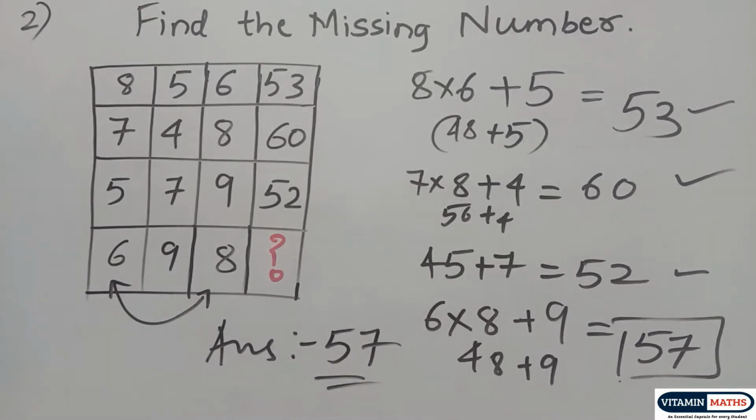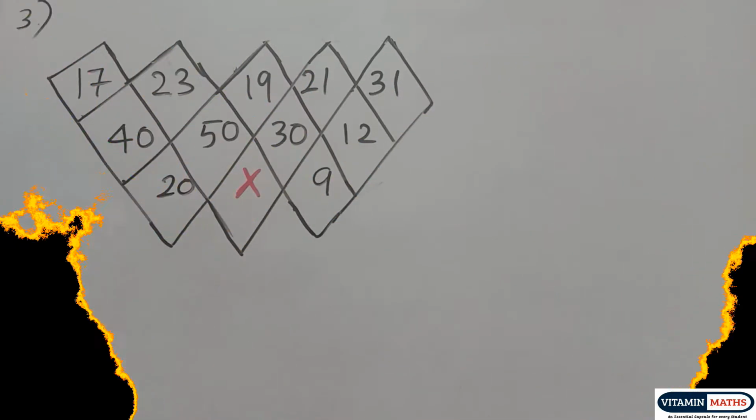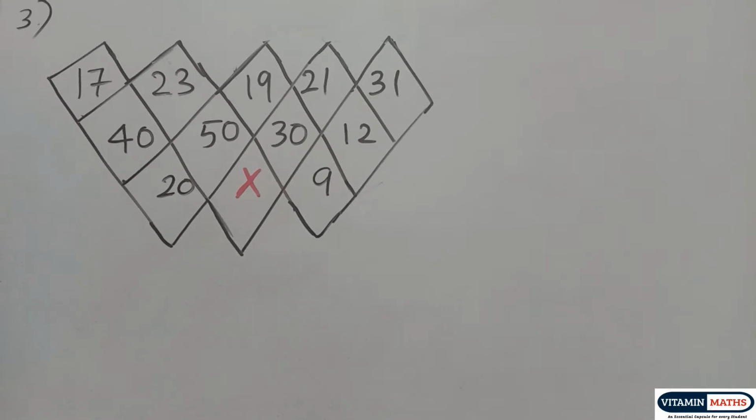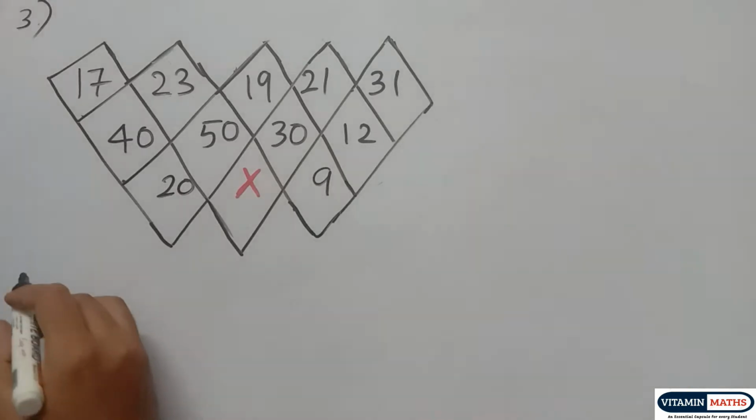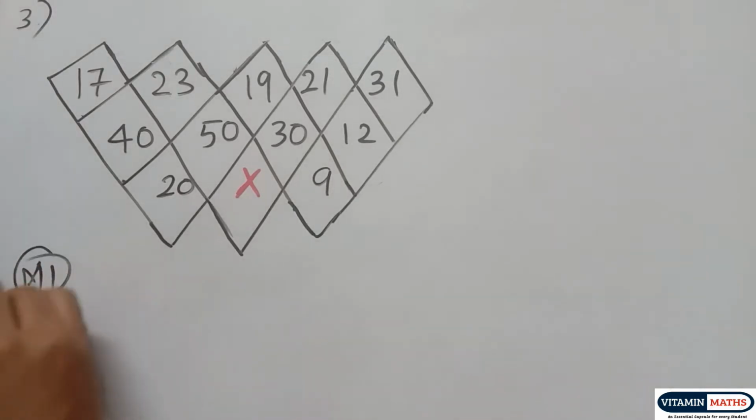Hope you are enjoying. Still tougher examples will come ahead. Let's begin with the third question. In this question also you have to find the missing number. This question is a little bit tricky when compared to the first two examples. I will solve this question by two methods. You just pause the video, try it by yourself, and then compare with my solution. Let me tell you method 1.